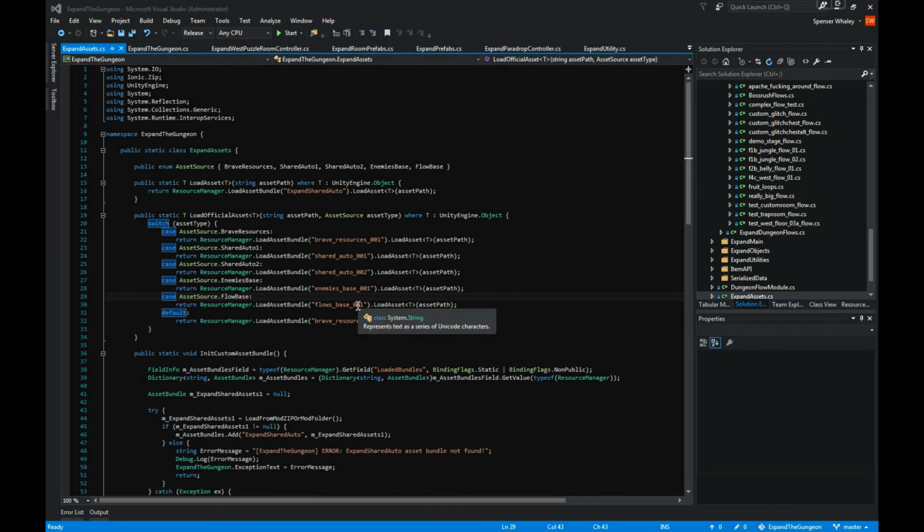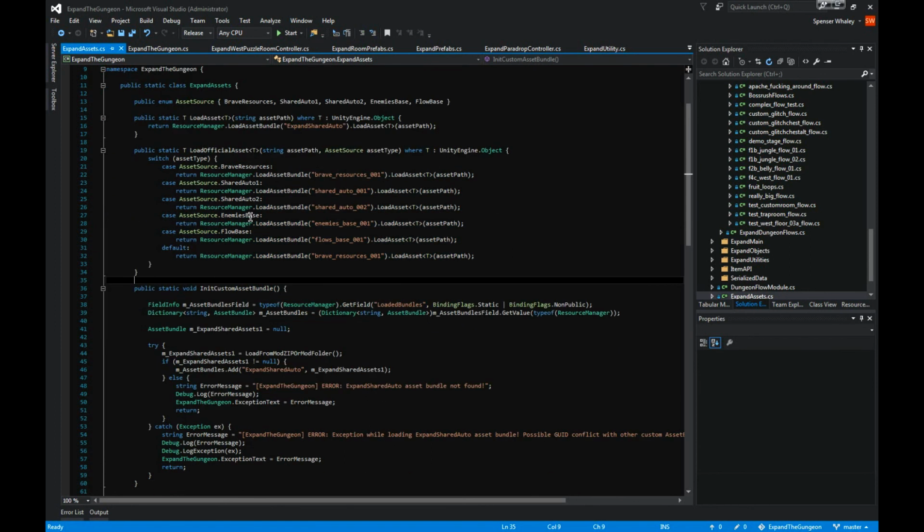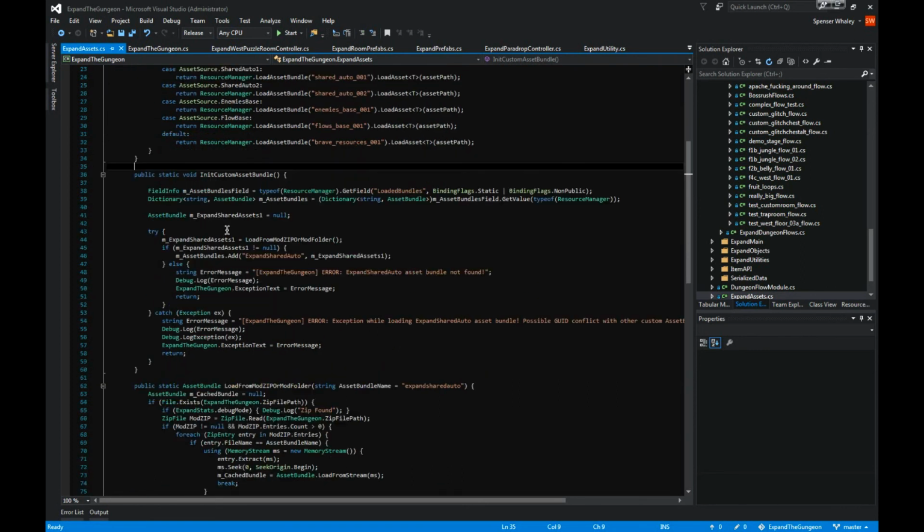All right. We covered the Unity editor side of things, so we're going to cover the code side of things. So to set up your asset bundle in your mod, you want to have this code somewhere in your mod. Now, this stuff right here is optional. This is just code that I use to have easy access to my asset bundle as well as these other existing asset bundles, so I don't have to constantly create references to them. Anyways,